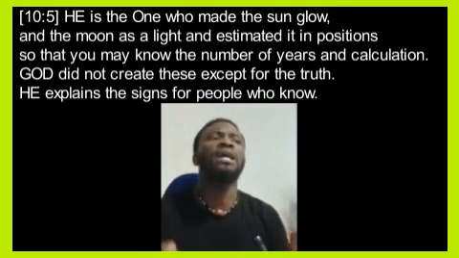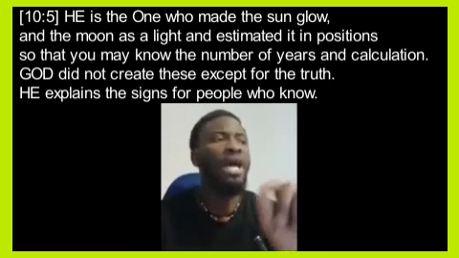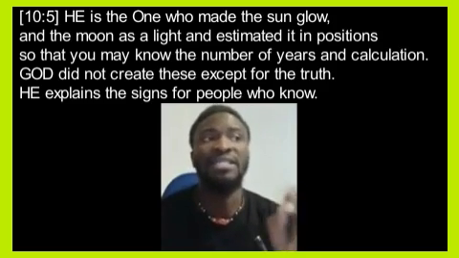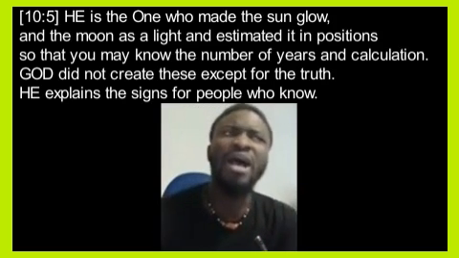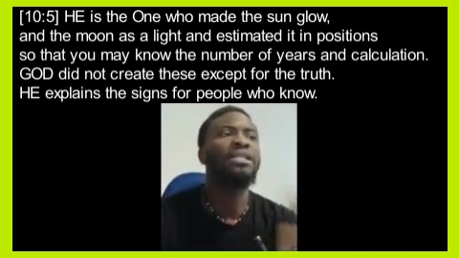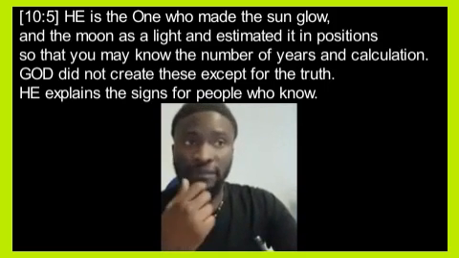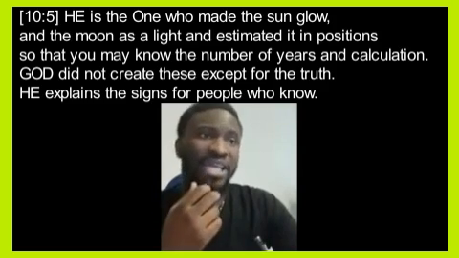So I will explain to you how the moon works. Now, how does the moon work? Let's go to chapter 10 verse 5 of the Quran to see how the moon works, so that we can understand why it's called a month. So Surah Yunus verse 5. God says, هو الذي جعل الشمس ضياء والقمر نورا وقدره منازل لتعلموا عدد السنين والحساب ما خلق الله ذلك إلا بالحق يفصل الآيات لقوم يعلمون. Now what does God intend to tell us in that verse?